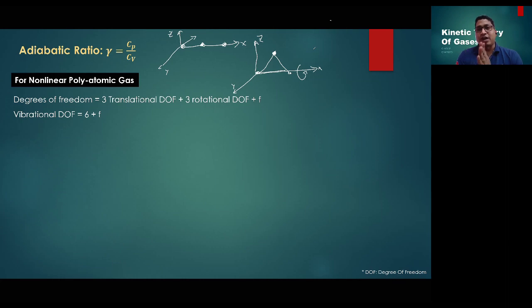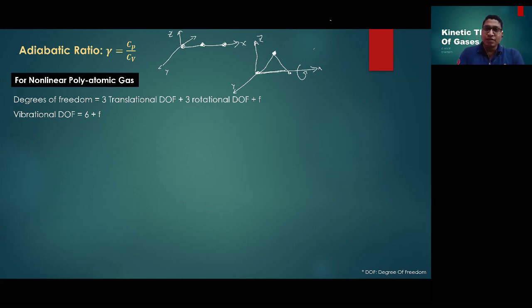Now, as long as the vibrational term is concerned, of course, they will define. Okay. तो ये टर्म आपको दिया रहेगा कि हाउ मेनी वाइब्रेशनल डिग्रीज ऑफ फ्रीडम वी हैव. यहाँ पे हमने एक वेरिएबल लिया है f करके. So let's say they are having the 3 translational. Since I am talking about only non-linear polyatomic gas, हम लोगों ने लिया है 3 translational, 3 rotational and f vibrational degrees of freedom. So as a result, total degrees of freedom कितना हो जाएगा? 3 plus 3 6 and then plus f. F is a variable term.